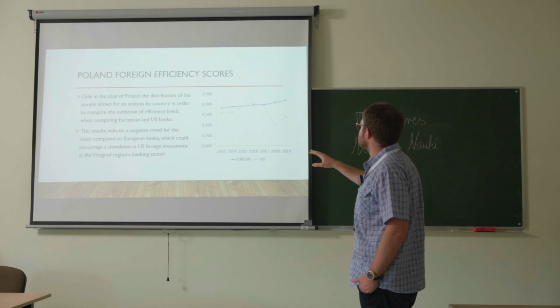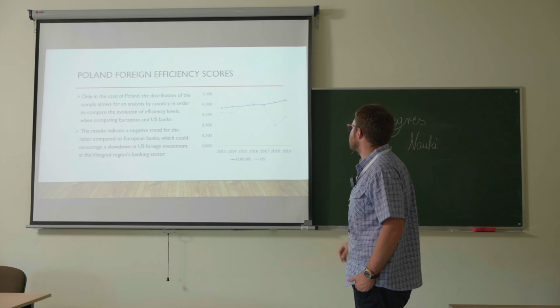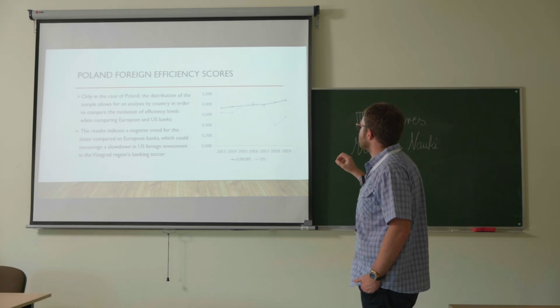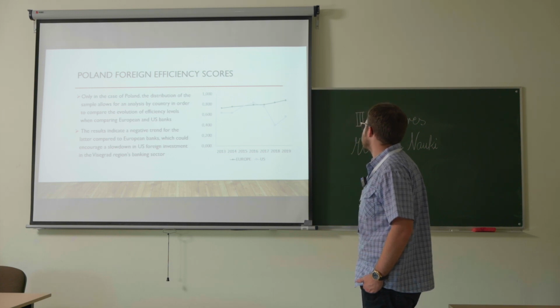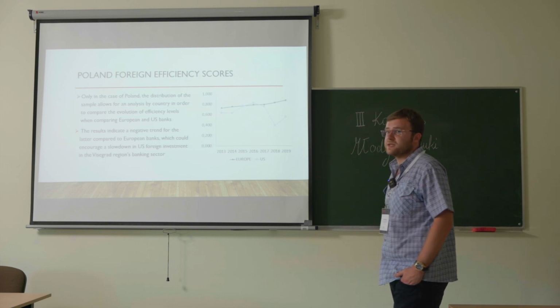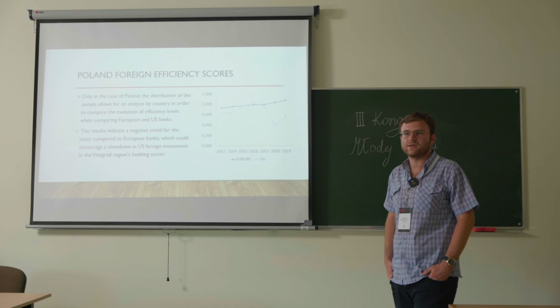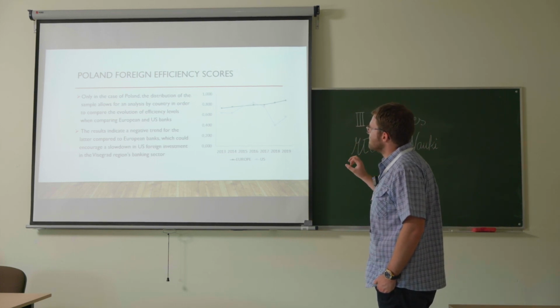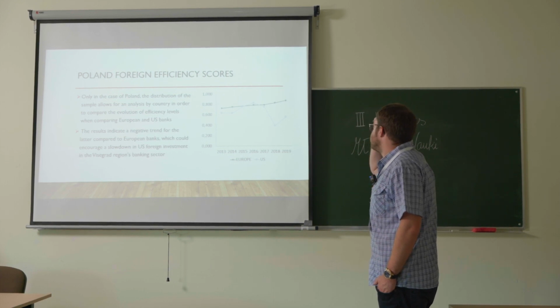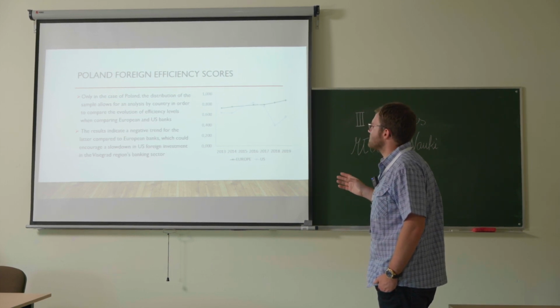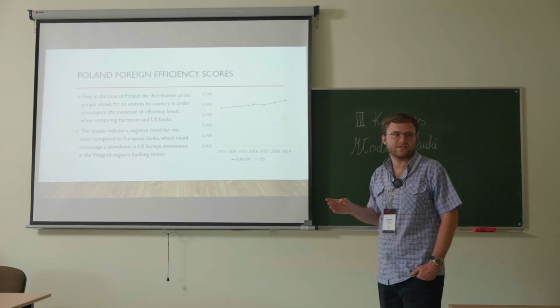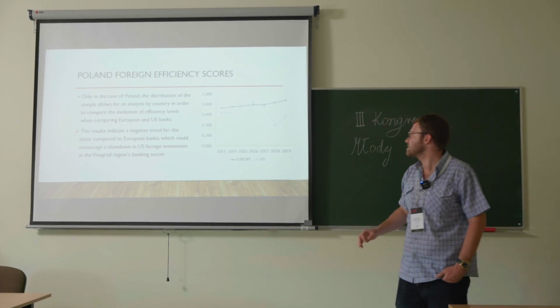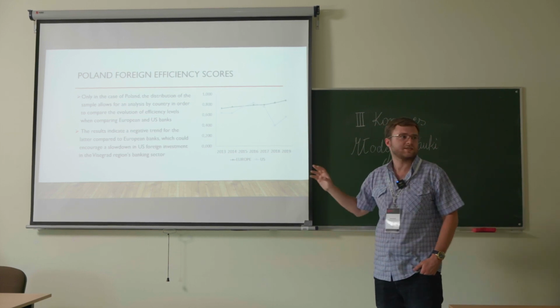And the United States banks were less efficient, even the efficiency was 0.4. But it slightly grows to a more or less positive tendency in 2019. It was 0.6. But of course, the European foreign banks dominate the Polish banking sector. The efficiency scores are very good, very positive. So we can say about the slowdown of the US foreign investment in the Visegrad Group banking sector that led to the worsening of these indicators. Next slide.